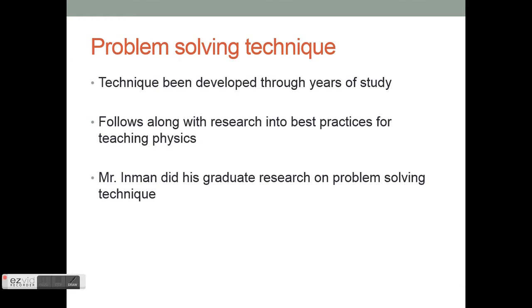Alright, so in this lesson we're going to start looking at how we use those equations from the previous lesson to solve some problems. And the first thing I want to talk about is a little bit of an aside, what I call problem-solving technique. This is the technique for solving problems in physics, and this technique has been developed, at least by myself,